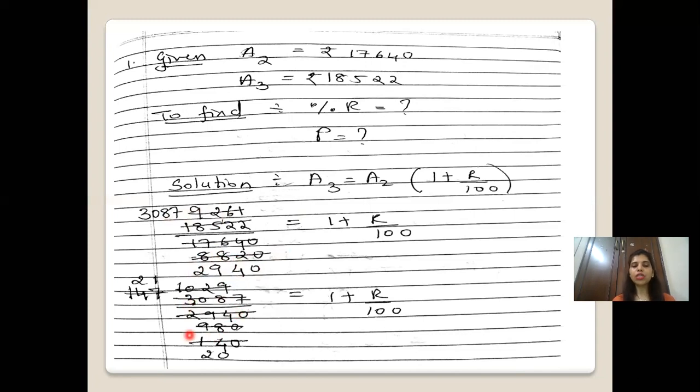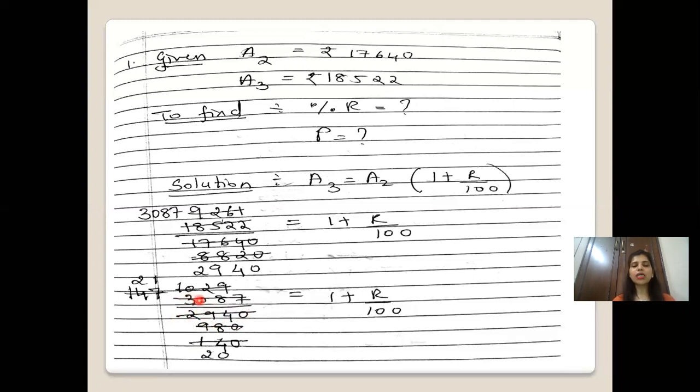Simplify it further. So here you can see whether you can simplify it with 3. So add and see. 8 plus 3, 11, 11 plus 7, 18. So this number is divisible by 3. Check for 2940. So 9 plus 2, 11, 11 plus 4, 15. Even this is divisible by 3. So I'll divide both the numbers with 3. You have to remember that both the numerator and denominator should be divisible by the same number.